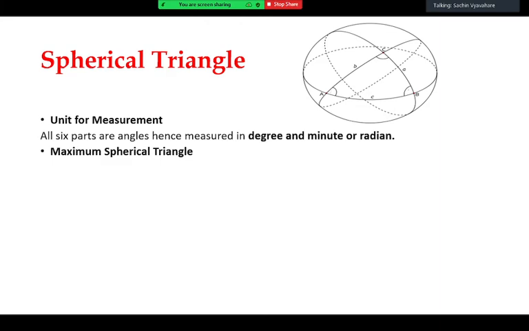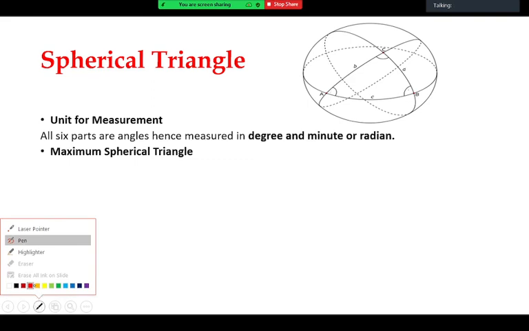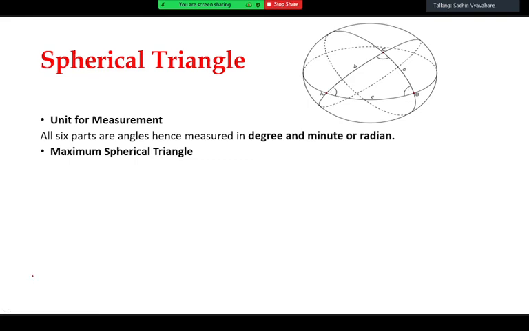So one triangle is on the screen already, that is triangle ABC. How is that triangle ABC formed? It is formed by the intersection of 3 great circles. Now those 3 great circles can overlap each other. So what happens in that case? Suppose all 3 great circles overlap each other. What will that spherical triangle then be? The maximum spherical triangle on the surface of the sphere is a hemisphere. A hemisphere is also one of the spherical triangles, I will say.